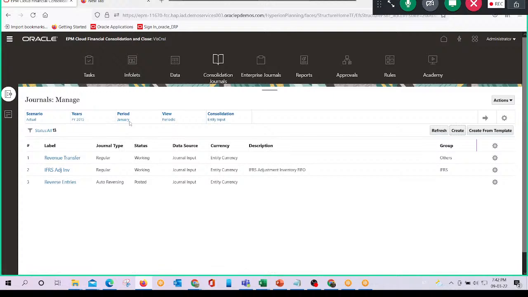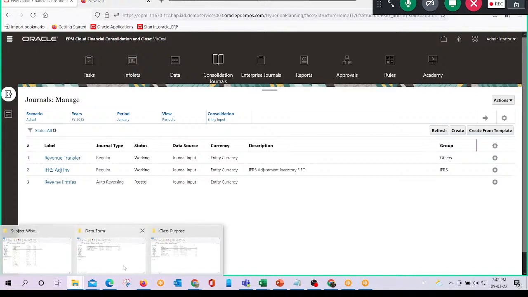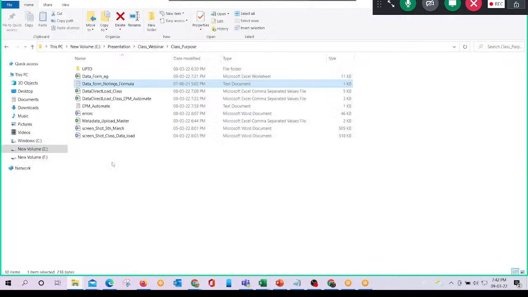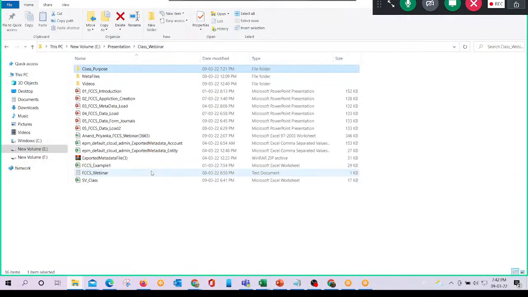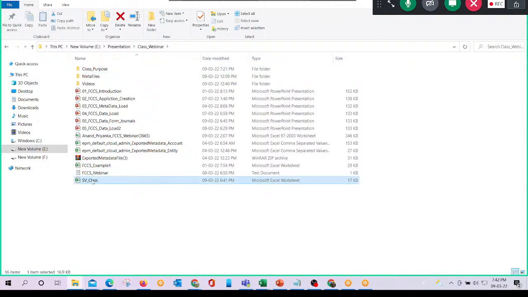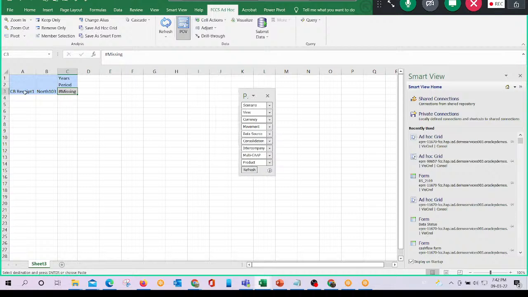So this is our entry in the month of January. The period is January, the scenario is actual, and the year is 2015, and we can see the general type here as auto reversing, the entry which we just passed. So we can just click and refresh. We will see this entry in a data form in our Smart View. Actually, I have already opened and connected that data form with the application. So from here we will define the